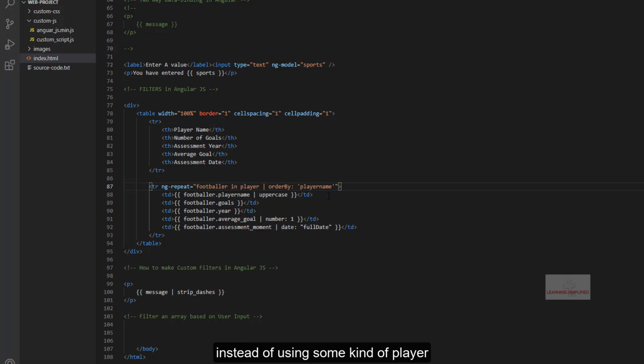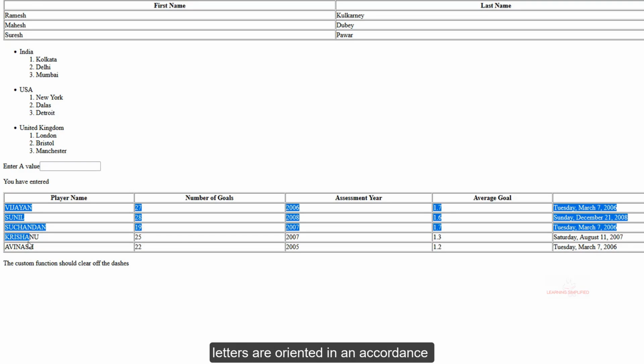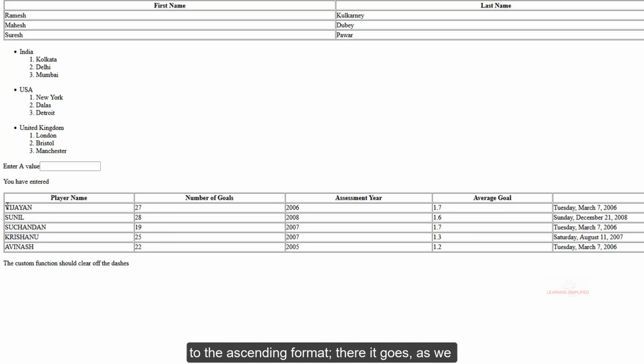Now instead of using the player name and some default value right over here, we may set it as per preference. So we may use these two parameters. If we choose true here and reload, we can see that the names are oriented in accordance with the ascending order of the letters.